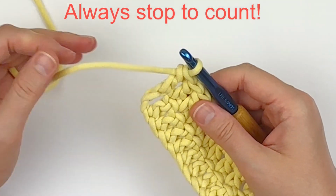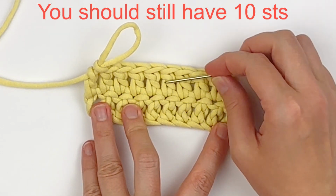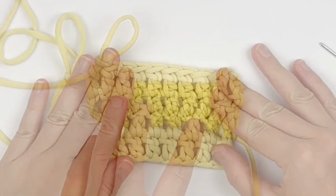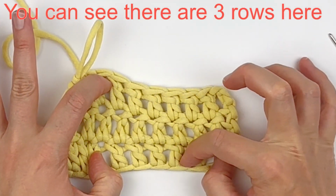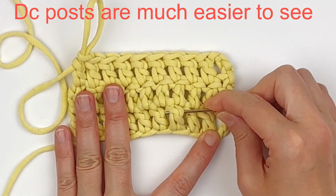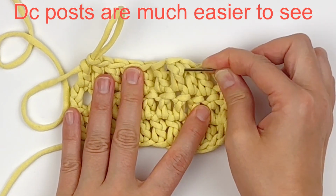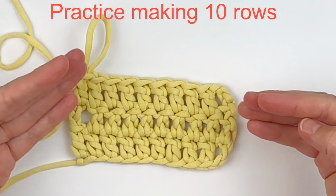Always stop and count your stitches. This is very important because as a beginner, you will find that it's very easy to increase and decrease. Also, as you can see, this is how your rows should look. They're very easy to count because the posts are so much easier to see. So go ahead and make 10 rows of 10 stitches just to get your practice in,